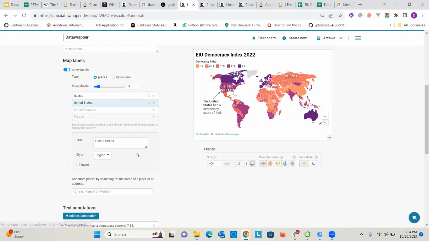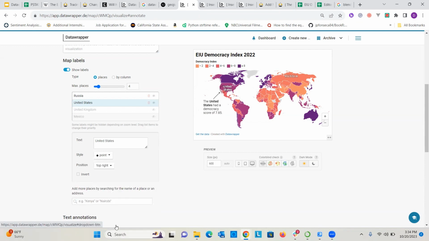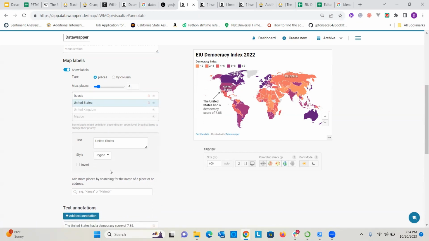Style. I can do this. So you can change the style, but it has to be one of their styles. So I could change it from this to a point like that. I could change it to a capital or a region font. So I guess that's how you would change the size. But because it's a built-in label and not a label that I'm manually